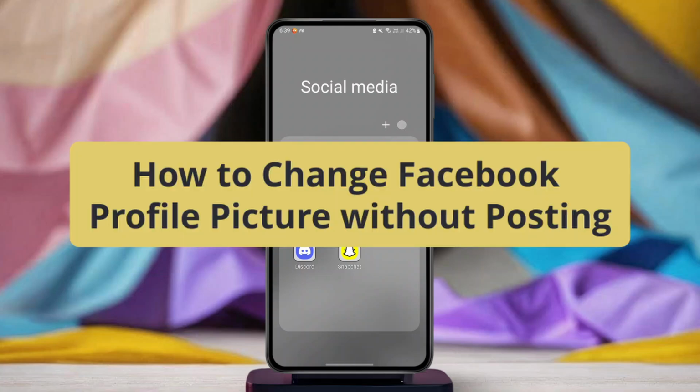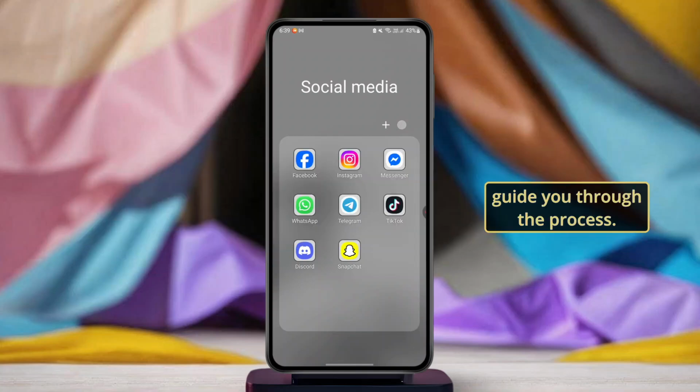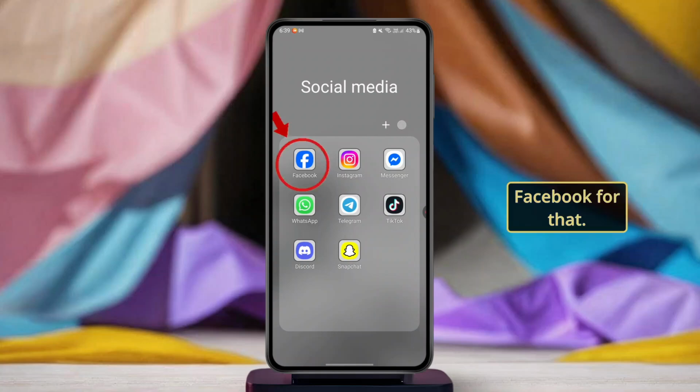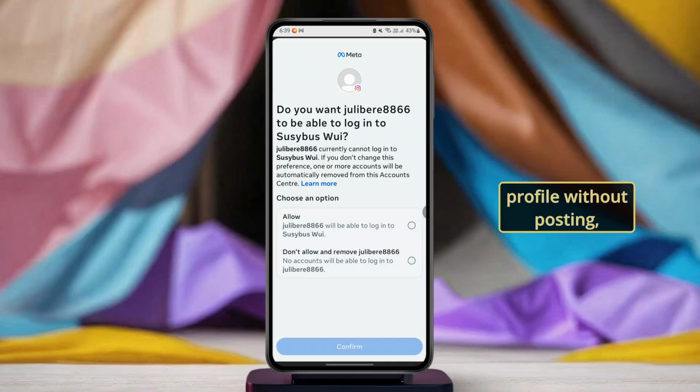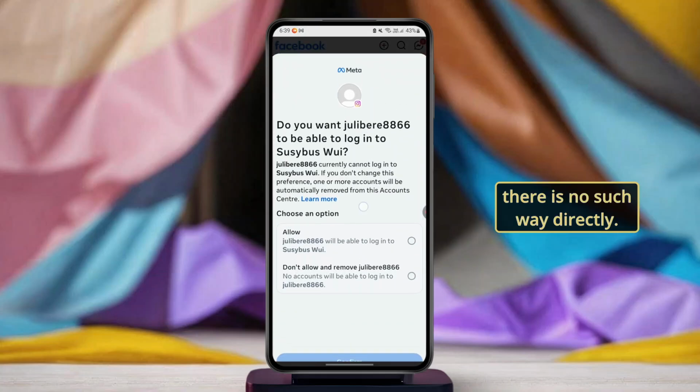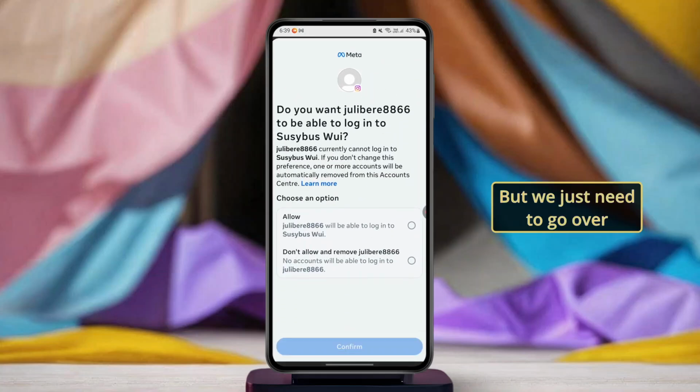If you want to change your Facebook profile without posting and you are wondering how to do so, in today's video we are going to guide you through the process. So let's get started. Start by opening your Facebook. The thing you need to understand is if you want to change your Facebook profile without posting, there is no such way directly, but we just need to go over